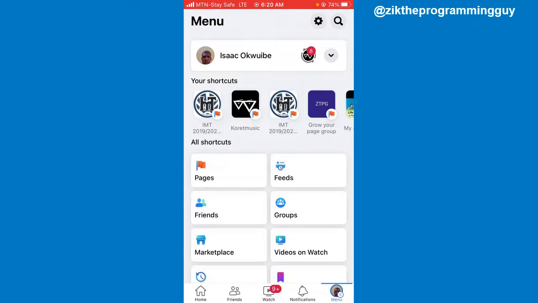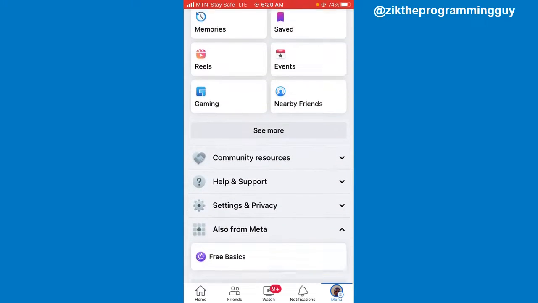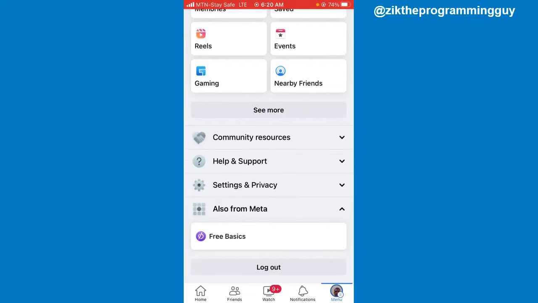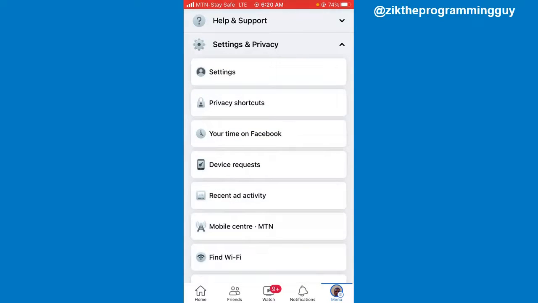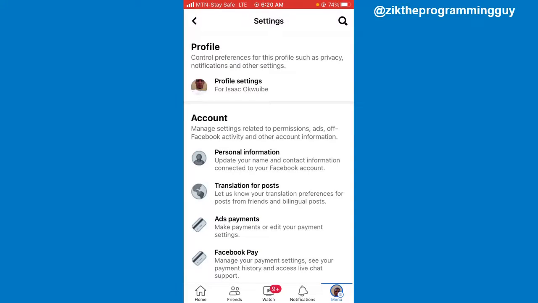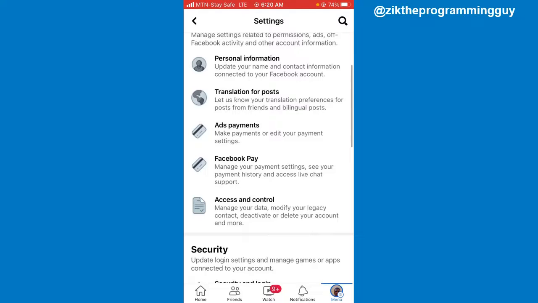Now once you tap on that, you have to go to settings. Alright, my settings is just there at the top right corner. In your case, you can find your settings around here if you're using Android, just right here. Right, let me click on that one and click on settings. Now once you're right here, you just have to scroll down to this point. You're going to find